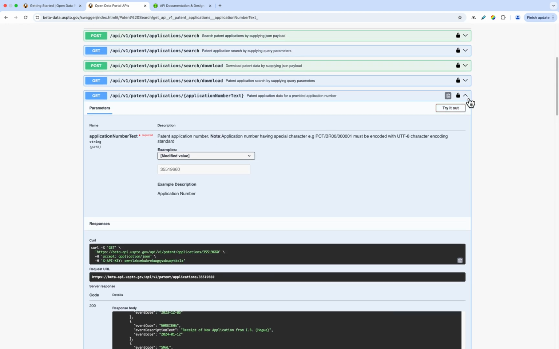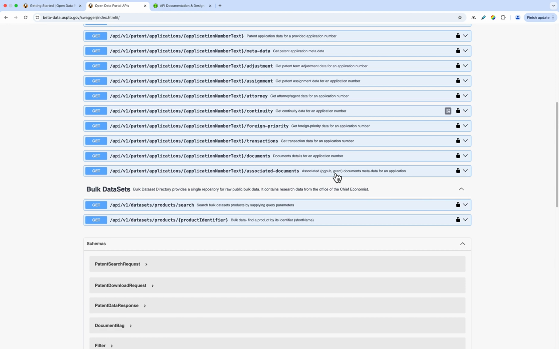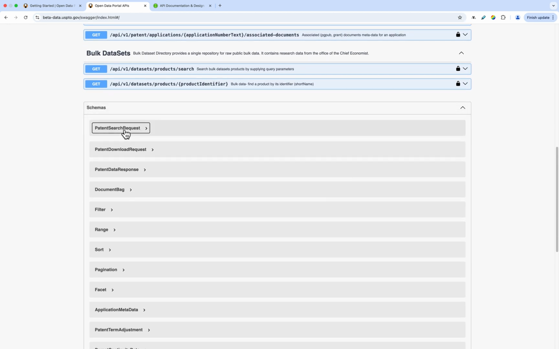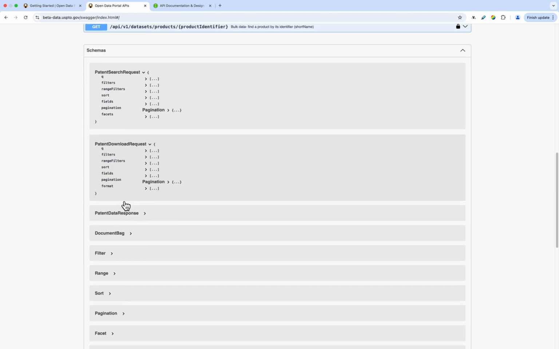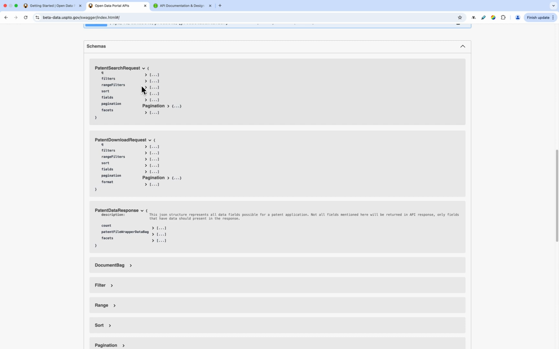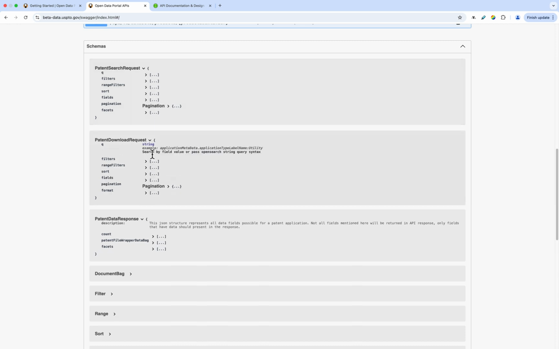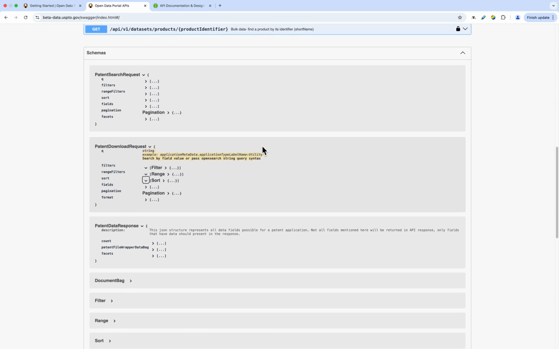Below the different API products is a breakdown of all the schemas returned by the ODP API. Use this arrow to see the data property bags. Each item lists the data type of that property and an example of what would be returned by the ODP API. If you want more information on Swagger, you can visit the API testing page at